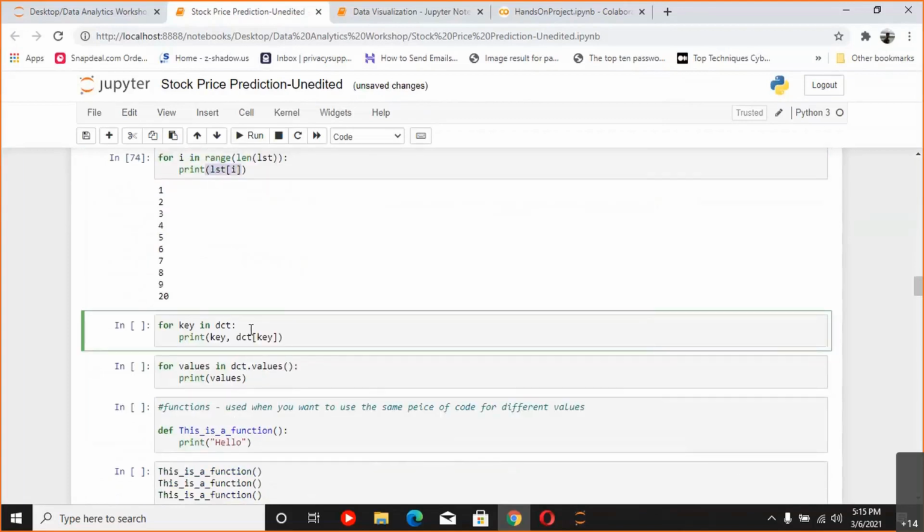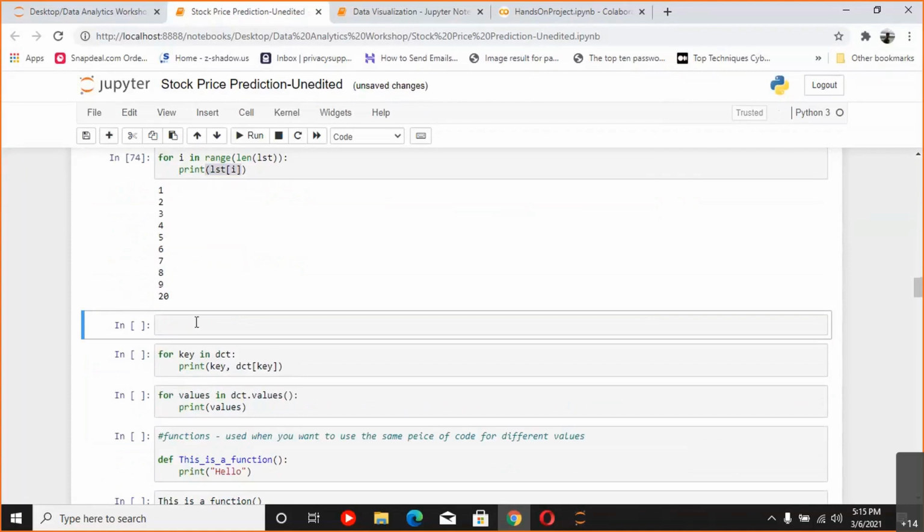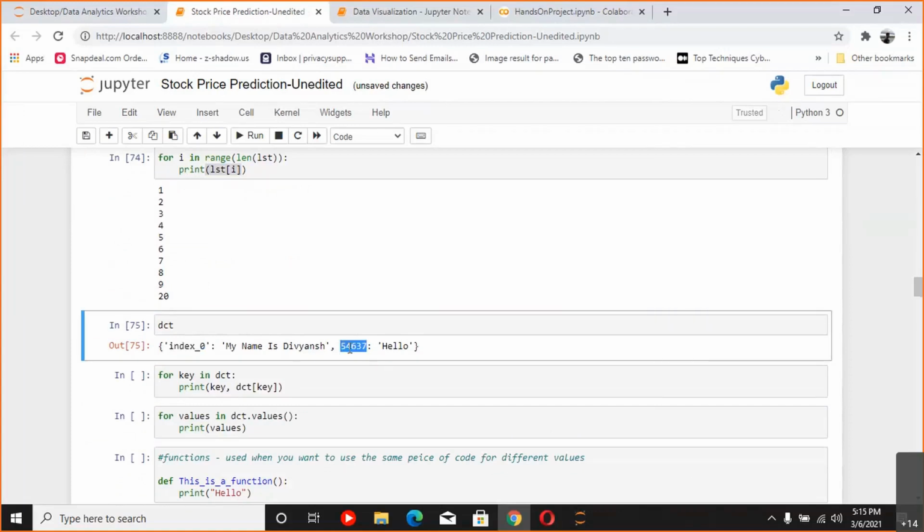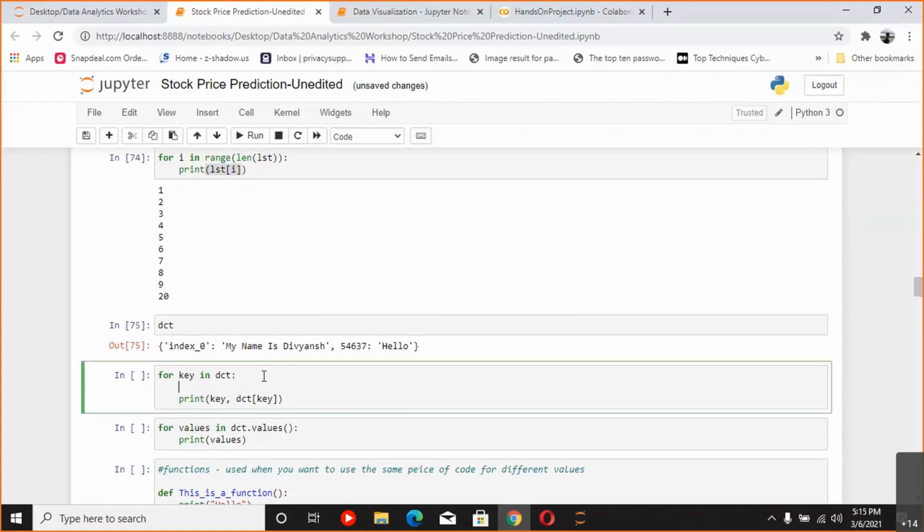Talking about how for loops work for a dictionary, you can also use them for a dictionary. If we print our dictionary that we declared above, that was dct, this is our dictionary that has two keys, index 0 and 54637.